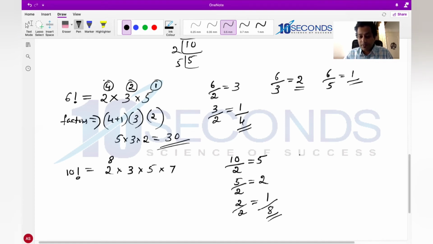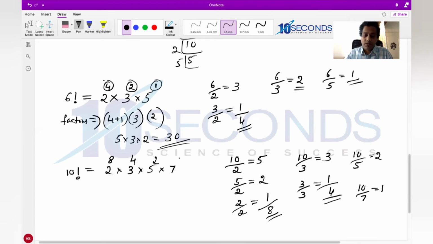How many multiples of 3? 10 divided by 3, 3 threes are 9. The remaining one is not divisible. In 3, how many multiples of 3? Only 1. Total 4. So it is 3 to the power 4. Next, 10 divided by 5 is 2. Is 2 divisible by 5? No, you need to stop there. Next, 10 divided by 7 equals 1. Only once. So the number of factors are